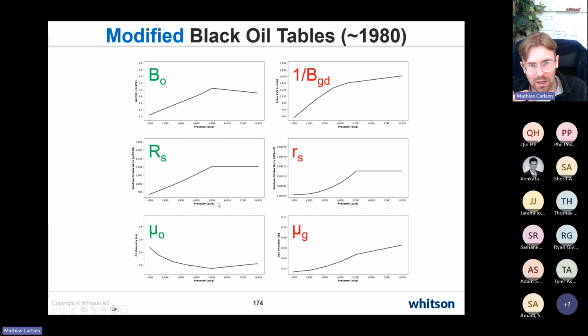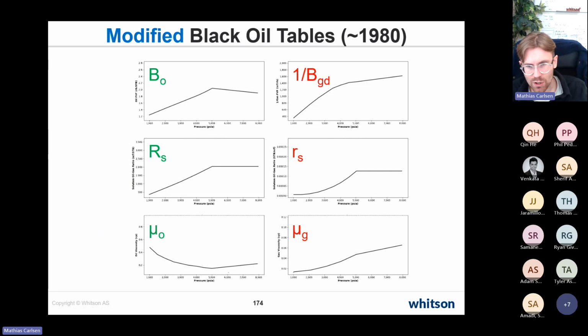But in the 80s, we were introduced to the modified black oil table. It's what you're looking at right here. It has this RV term or this RS term, and it accounts for the condensate that's in solution with the reservoir gas phase right there. And